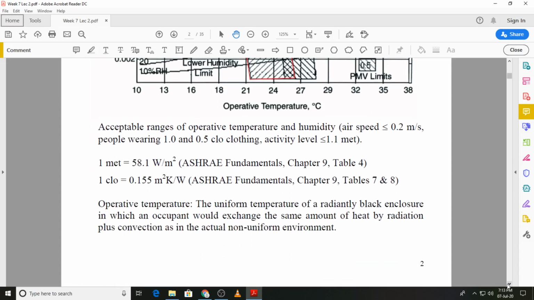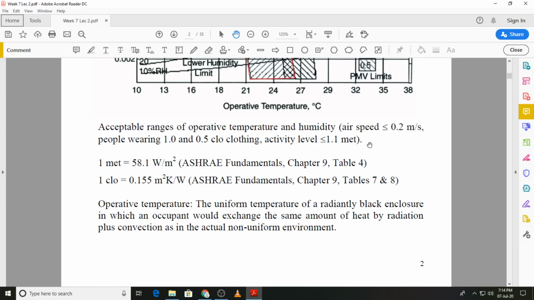Now this comfort zone definition, or Standard 55, is for certain conditions. One in which the air speed in the environment is less than 0.2 meters per second. The resistance of the clothing that people are wearing is also given, and the activity level is less than 1.1 MET. MET again is terminology that refers to the rate at which heat is generated within the body due